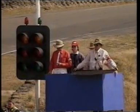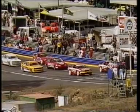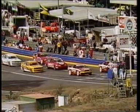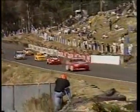Away from the start of heat number 1 of the AMSCAR Touring Car Series Grand Final today at Sydney's Amaroo Park Raceway. Mark Scaife and Jimmy Richards ready to go. Off the starting line, one of the Nissans bogs down. It looked like Scaife, actually. Yeah, Mark just sat there, and Jim got a tremendous start and races off to the top of the hill